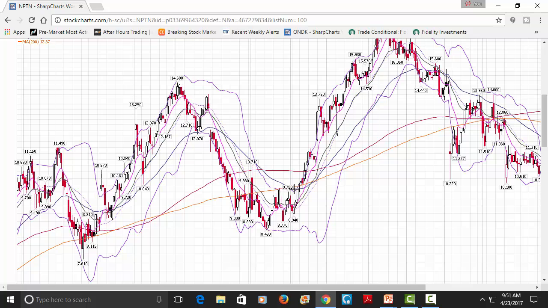Now, one thing you can do with this, if you want to play a tight stop, is put a stop, say about 3.5% below that higher high. So when you start making that higher high, that prior high, 3.5% below that point would be a good stop loss if you want to play with a tight stop loss. Another good stop loss, if you want to give it more room, is below the prior low. And the classic stop loss in this pattern is going below the low in the pattern,